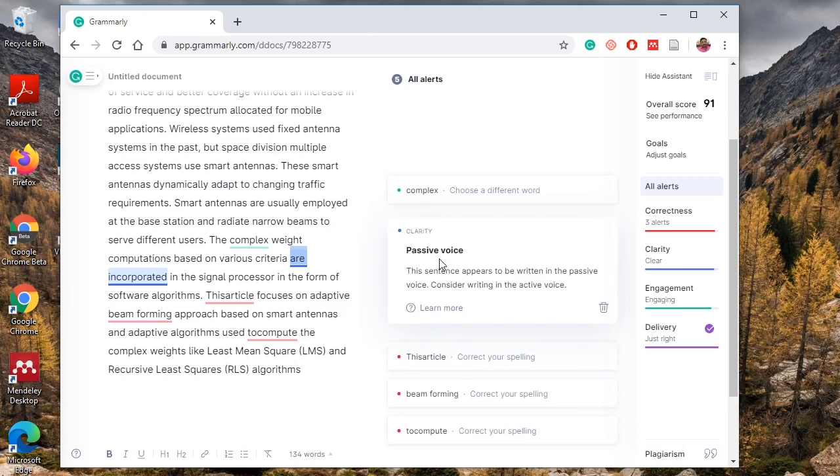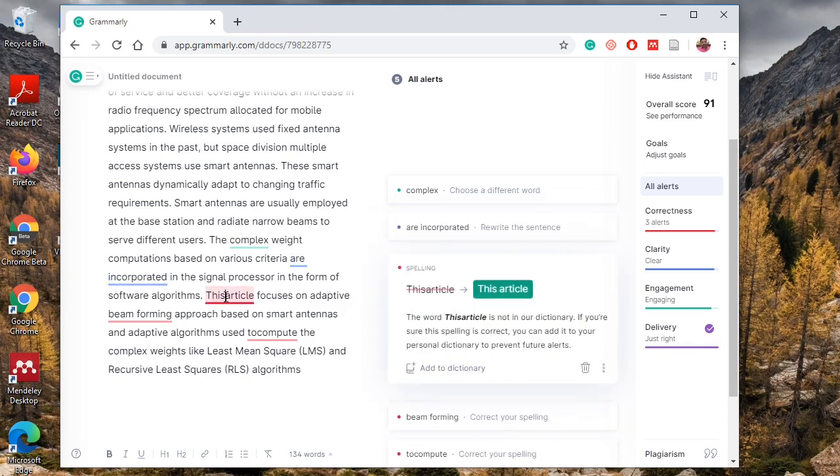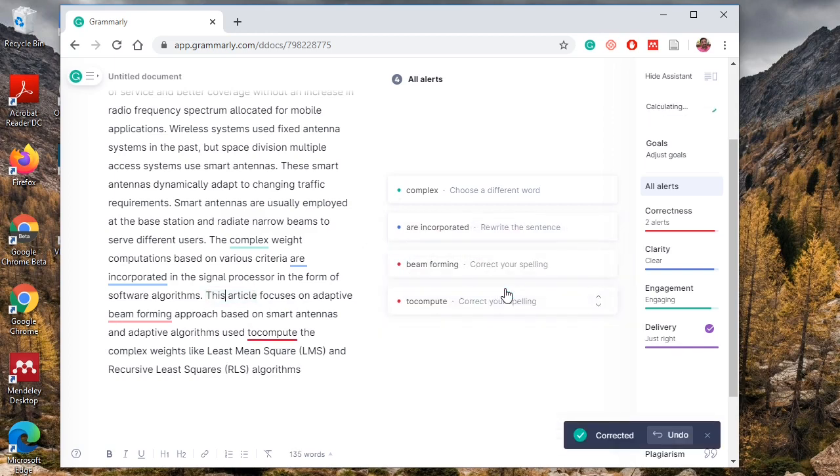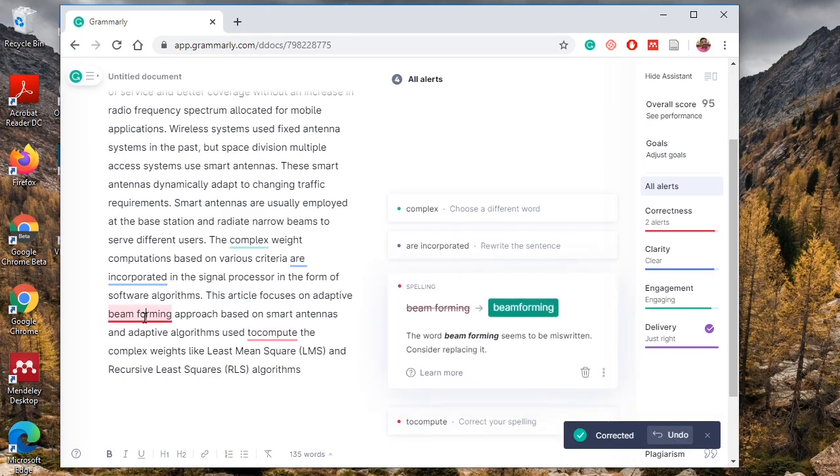If you want to change this into active voice, you can change it, but I want to keep it as it is. Here, for this article, a space is required between this and the article. It's okay. Then "beam forming." These are two words joined together, right?